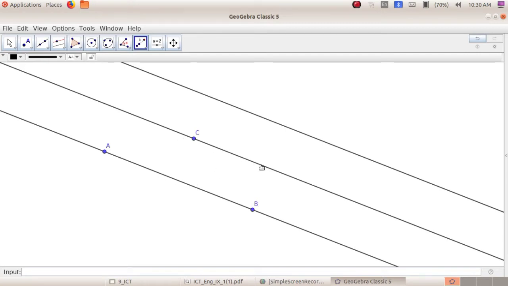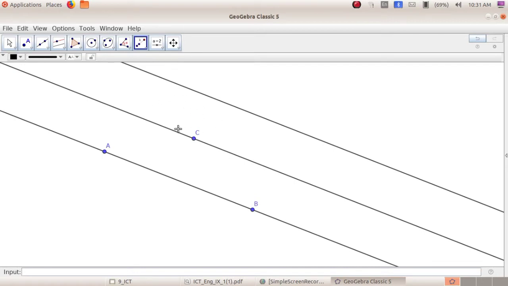So how do you draw this line? Click on the dilate from point tool, then click on the line through C and on the point A, giving the dilation factor as 2. Now we can give the dilation factor as 3.